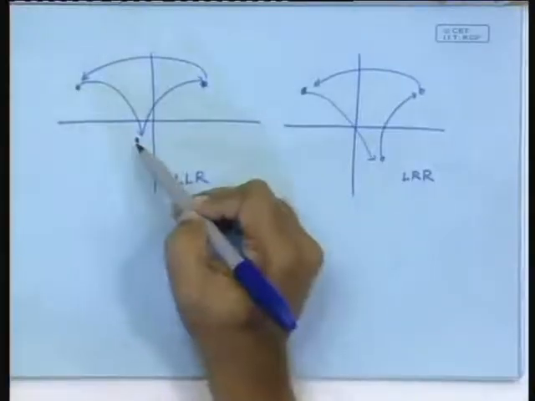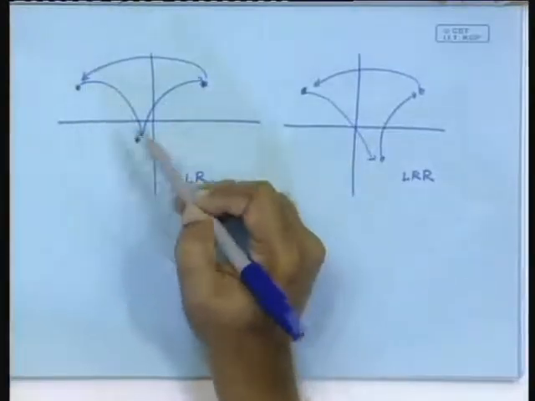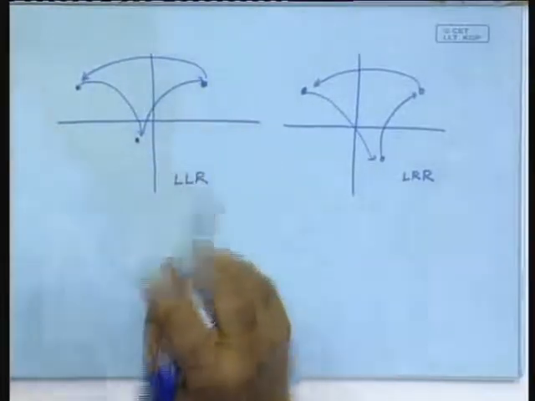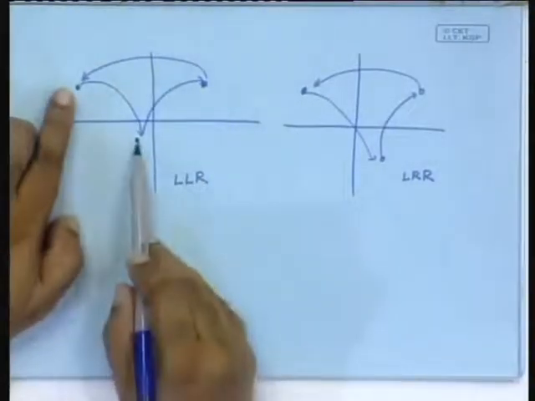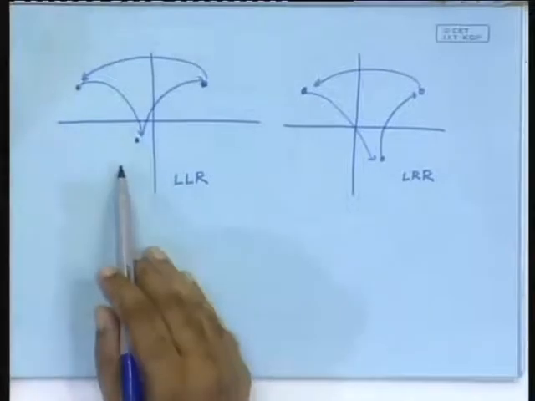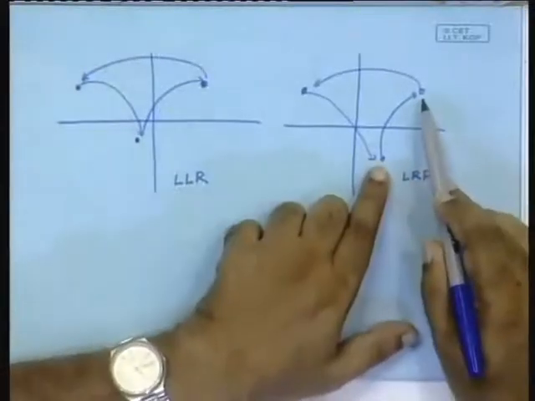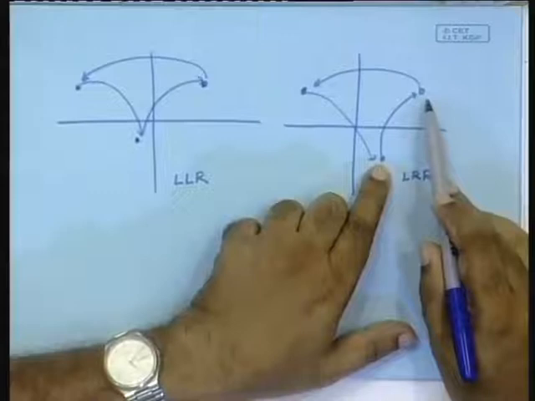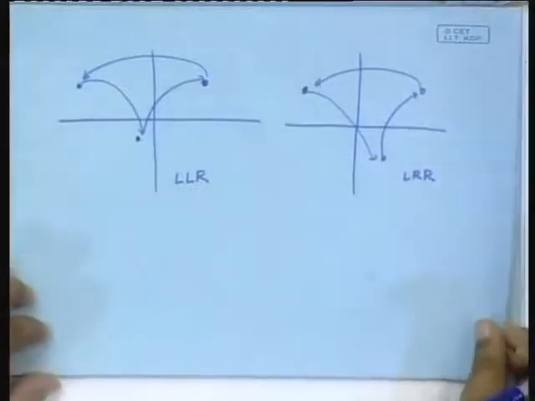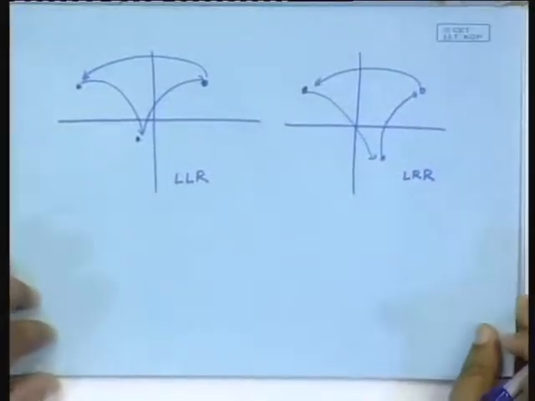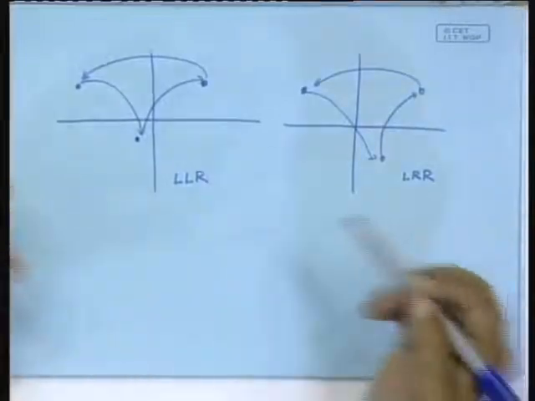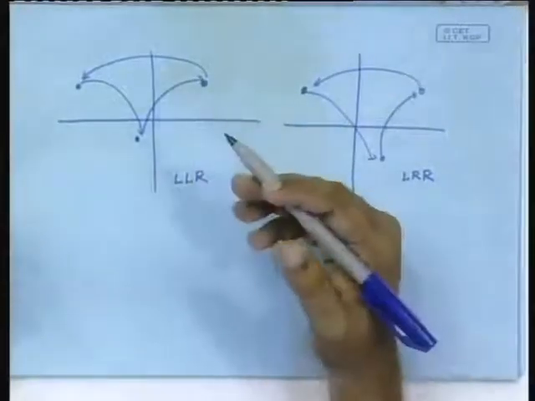So, it essentially boils down to finding the locations of these two and imposing the condition that both these x coordinates should be negative in this case and both these x coordinates should be positive in this case. Okay. So, if we do that, then we can find out the range of parameters where this will exist and this will exist.